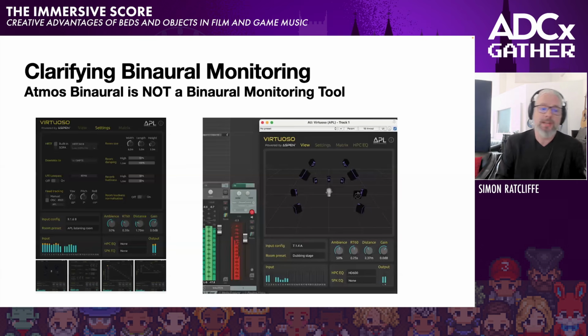Just to clarify the second point, this is a screenshot of Virtuoso, and this is not an object-based or Dolby Atmos or anything like that system. This is purely a monitoring system. I find it extremely useful when I'm not in the studio, if I'm going somewhere else and I'm on headphones, just to go, okay, well, I was working on this in an Atmos system. I'm on the road now. I'm going to use the software to binauralize where my speakers would have been,